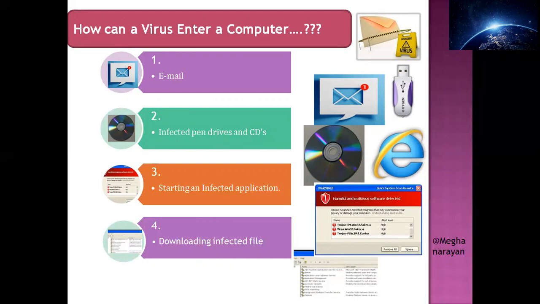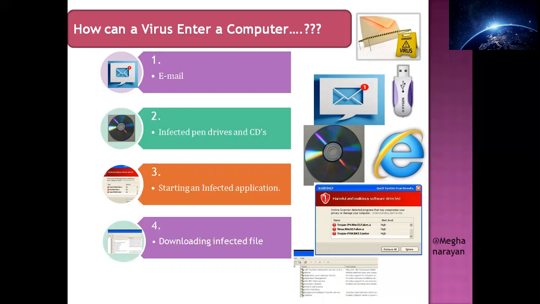Once you downloaded it, along with that software, one hidden file also got downloaded without your knowledge. You don't even have any idea, but it has already downloaded in your system. So that will also create a path for virus to enter inside your system.